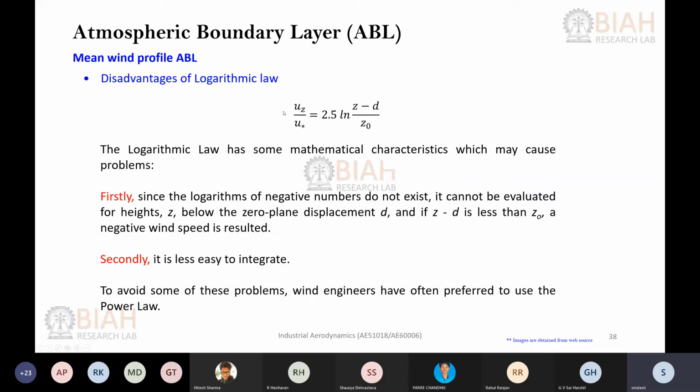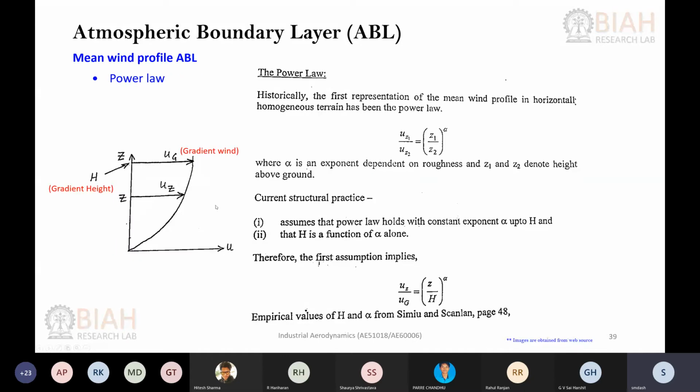So to avoid these drawbacks, generally engineers follow the power law velocity profile. Okay, which is another good approximation for the velocity information. So I think most of you might have heard about this particular power law profile. Otherwise it is also called the 1/7 law. Generally the alpha value is taken as 1/7 for a flat plate. Okay, so the 1/7 law of the velocity profile. That is the most common terminology for this type of velocity profile that you might have studied. It is otherwise also called the power law velocity profile.